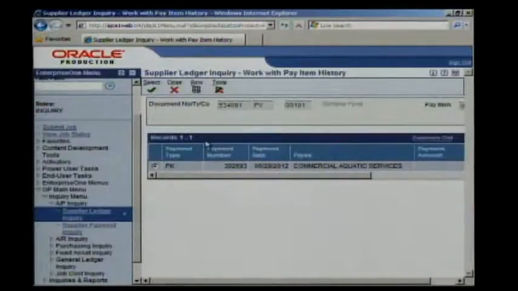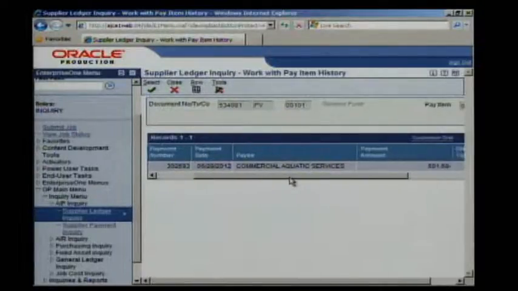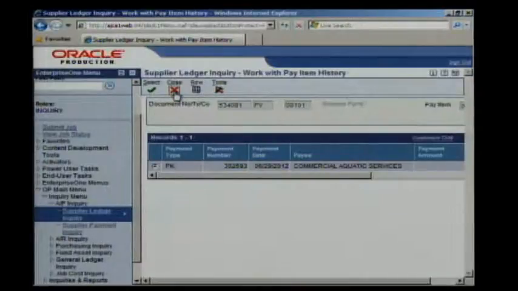And on this screen, it's going to give you the payment number, which is the same thing as the check number. So you can see here it's 302,693. It also tells you when the check was paid, which was June 29th of this year. That's about all the information you can get on that screen. So if you click at the top of the screen on Close,